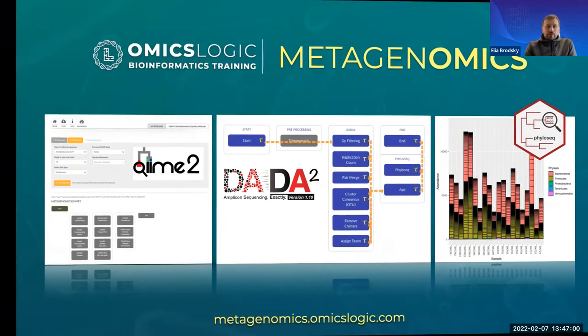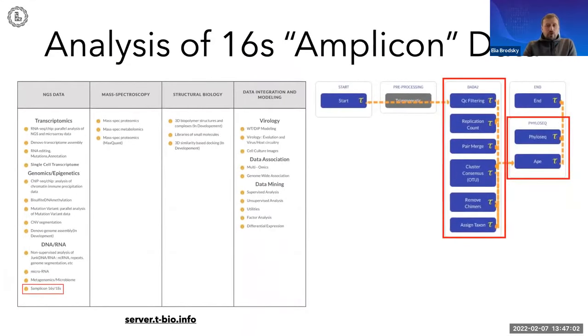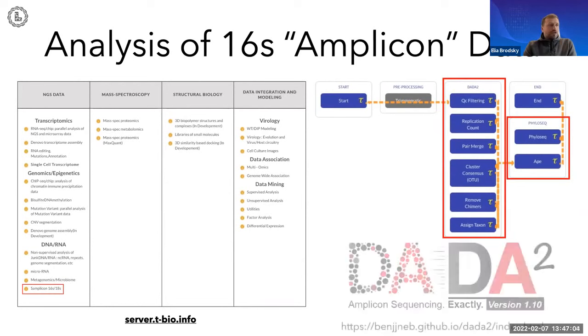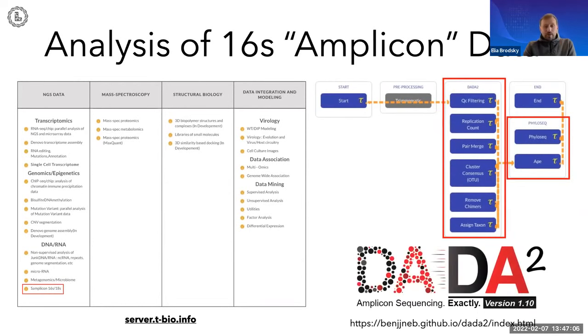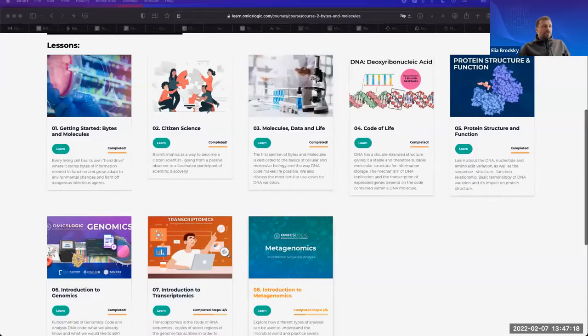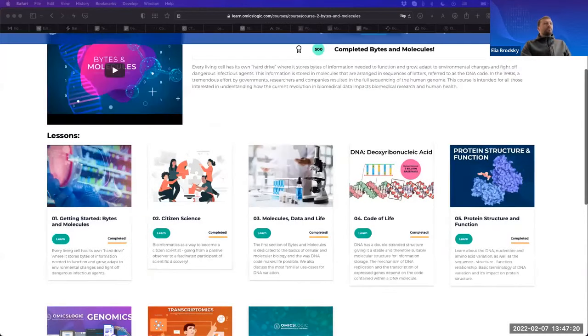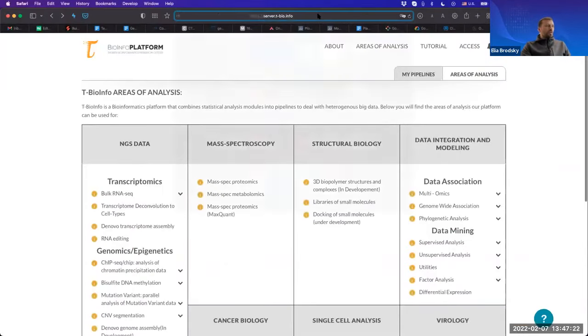So the first thing that we're going to do is try to learn this data pipeline just by understanding the sequence of steps. How do we go from raw data to processed data? And then what are some of the outputs, what are some of the visualizations that we can get at the end? So to do that, let's go to the server, which is